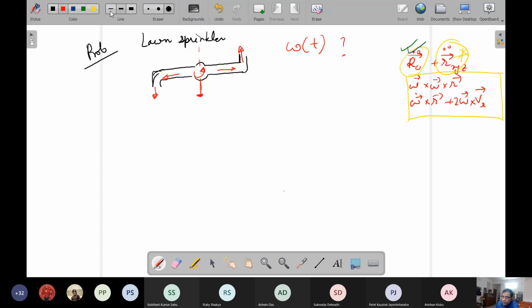Now we will solve this problem using two different approaches. The first approach is a fixed control volume approach. So fixed control volume approach means let us set up a control volume. Again, when we draw, it is very difficult to explain whether it is fixed or moving, but in this case, we have to imagine it is fixed.